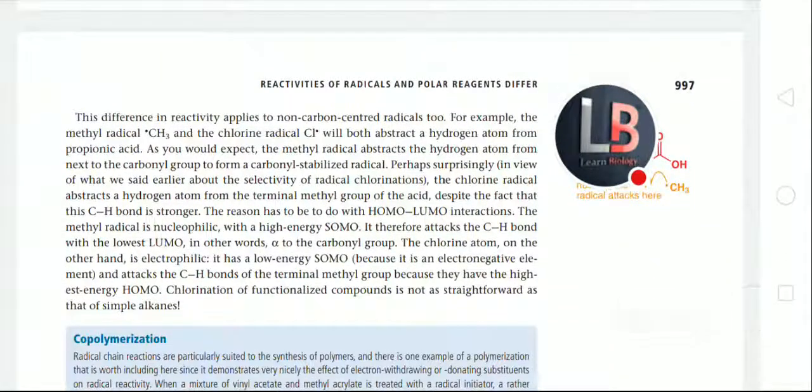This difference in reactivity applies to non-carbon centered radicals too. For example, the methyl radical CH3 and the chlorine radical Cl will both abstract a hydrogen atom from propionic acid. As you would expect,